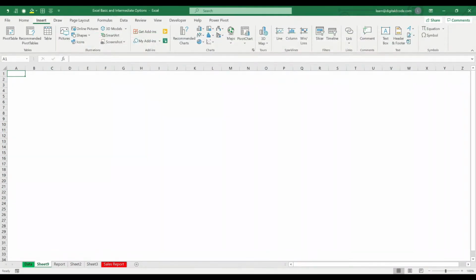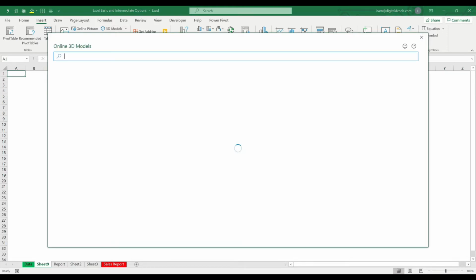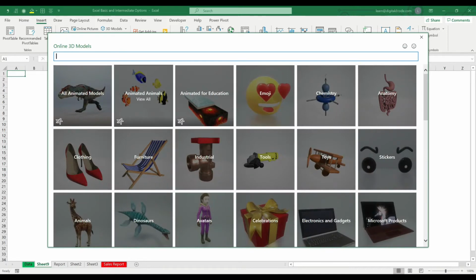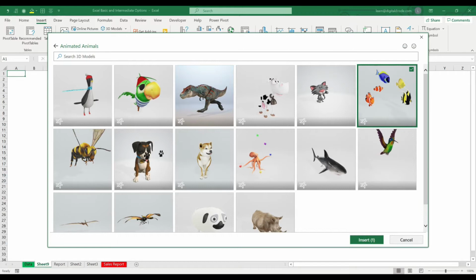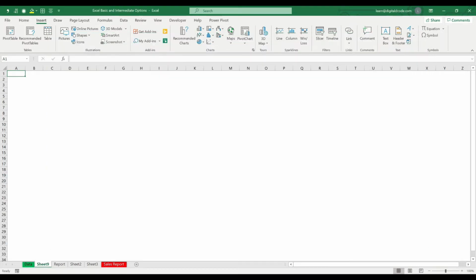And then shapes. Let me come to the shapes. The last is 3D model. I don't have anything here, so let me open from an online source. Let me pick this fish, insert. It takes some time.